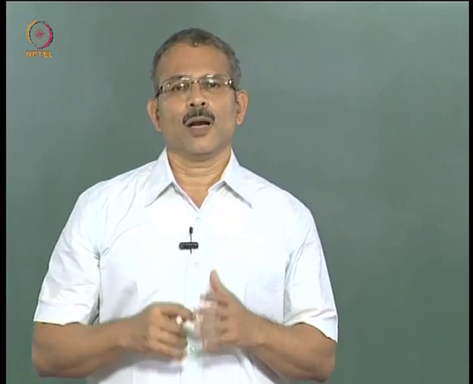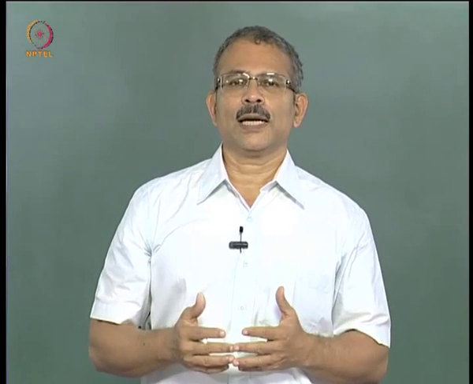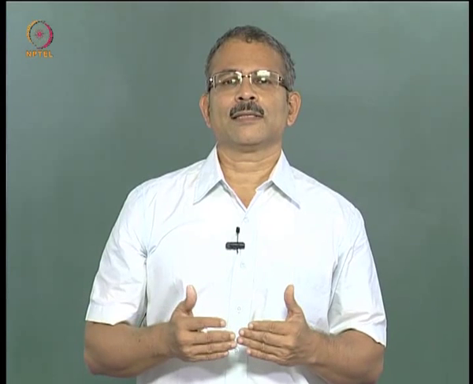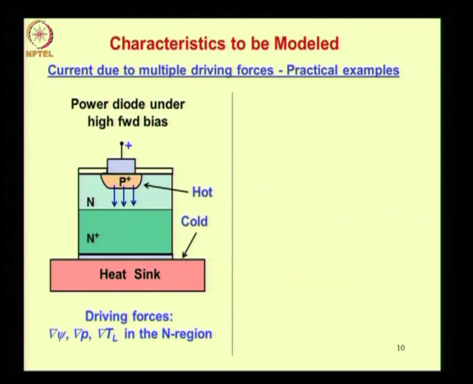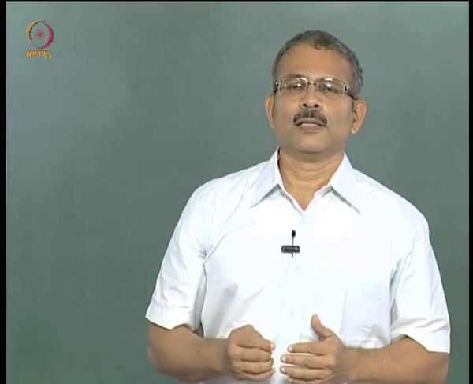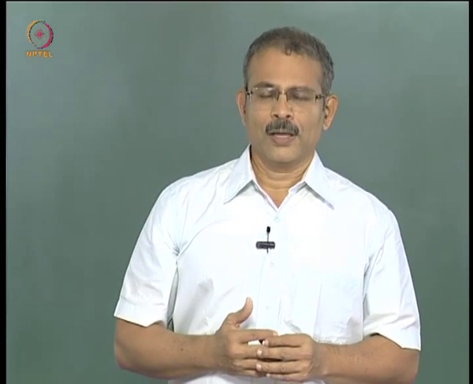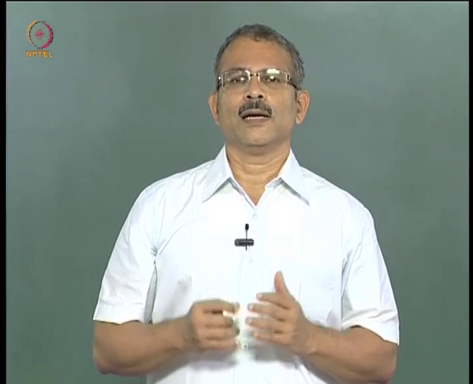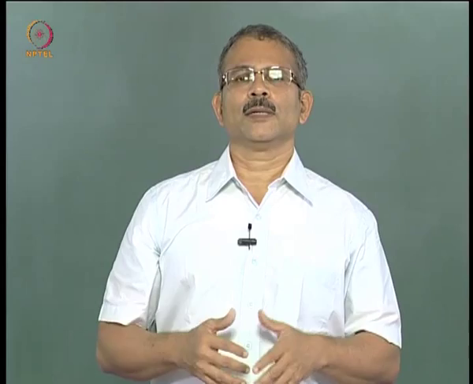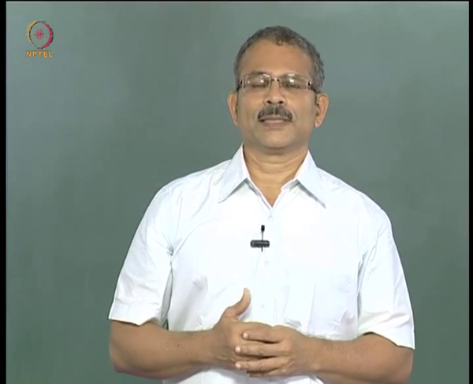Now from basic diode theory you already know that there is a diffusion current in a diode because excess carriers are injected. For instance, the P region injects holes, and so there is a hole diffusion current in the N region away from the junction. Now if the injection level is high, then in addition to diffusion, there would also be drift current. So in regions where there is an electric field, you would have drift current. So this is an example of a situation where drift, diffusion and thermoelectric currents are all present. Generally in power devices where you are dissipating large amounts of power, these three currents would be present together.